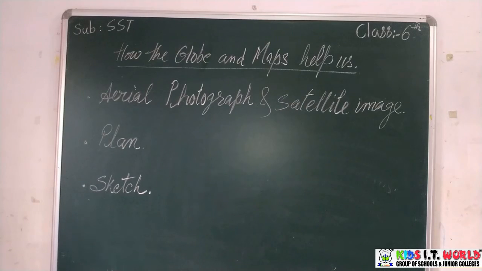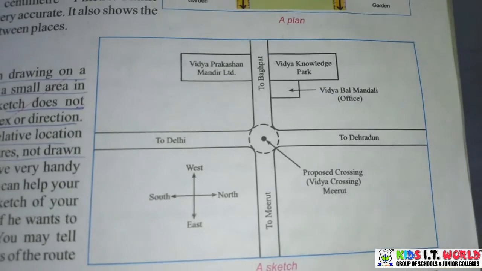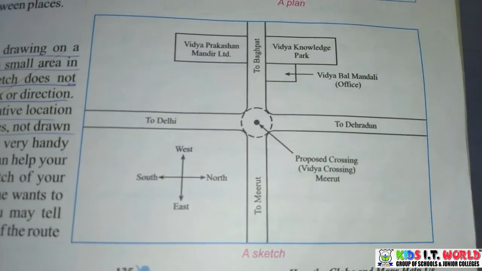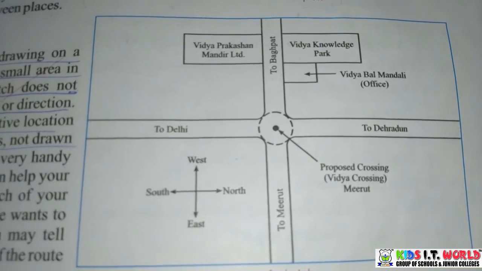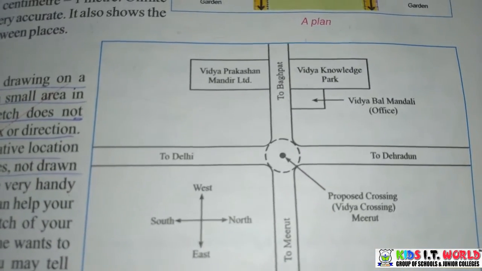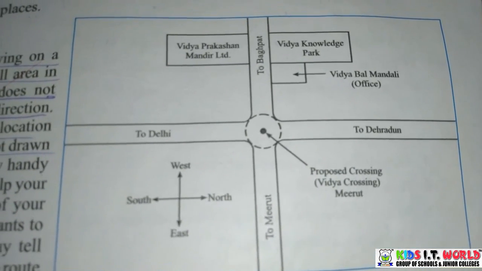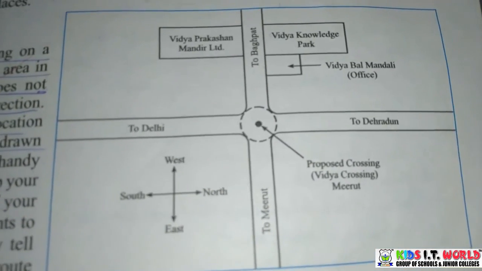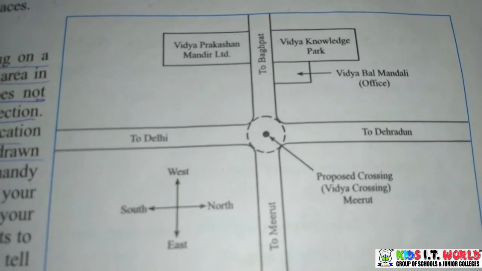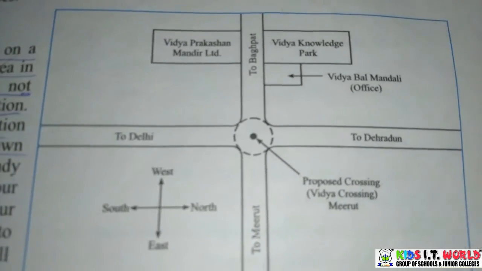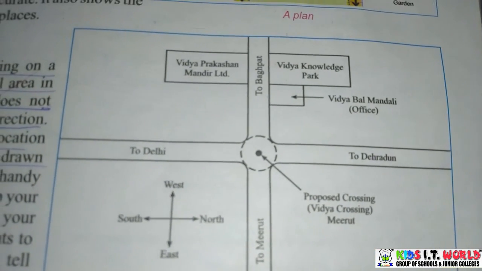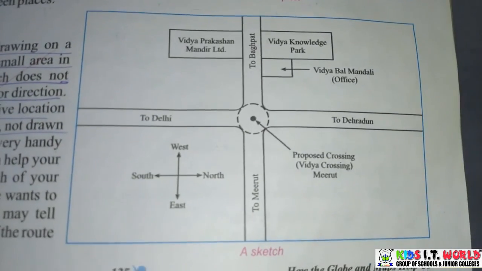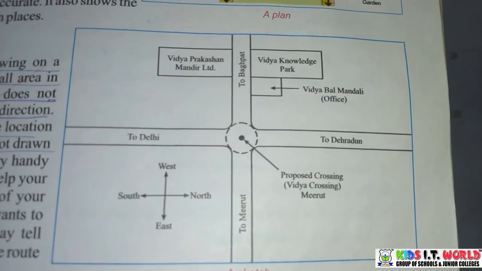We'll quickly see an example of how a sketch looks. So this is an example of a sketch. If you're asking your friend to visit a particular place, you'll have to draw what the road looks like and what the major landmarks are. Landmarks like, is there a school nearby, or a temple, or a church, or a medical store, or a hospital nearby, and where you need to meet, you can figure that out. So this is a rough drawing and is just called a sketch.